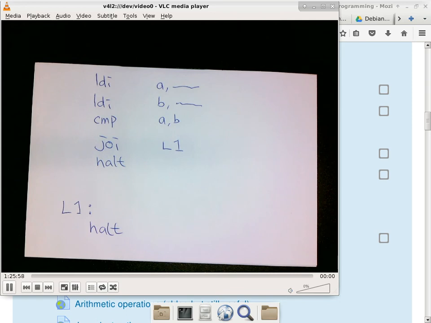Yep. So again, when we test JOI, we should see in the RAM that it goes to that specific location of L1, or section 1. And because I use the halt instruction in this case, you can run the simulation at full speed, and when it's all done, the program counter will never change again because the halt instruction is stuck